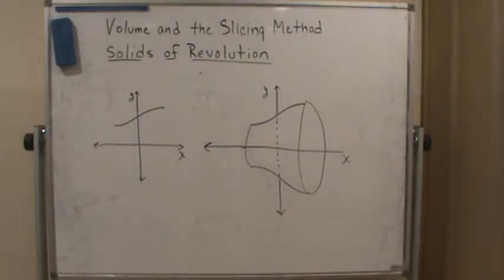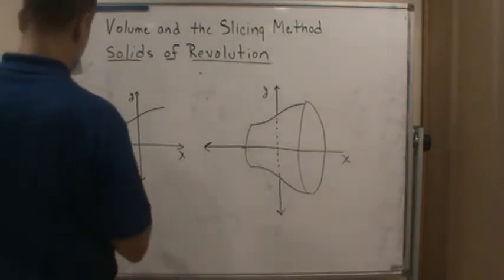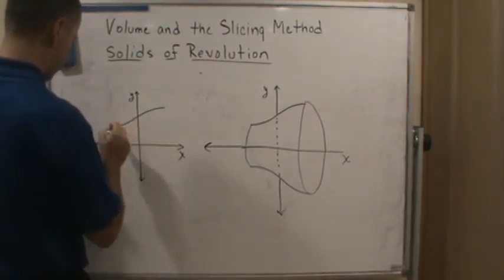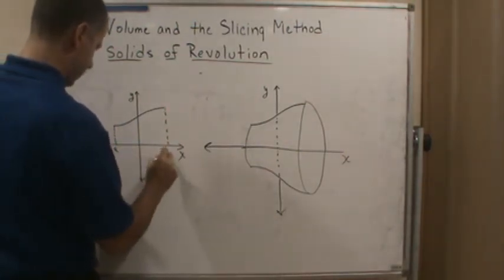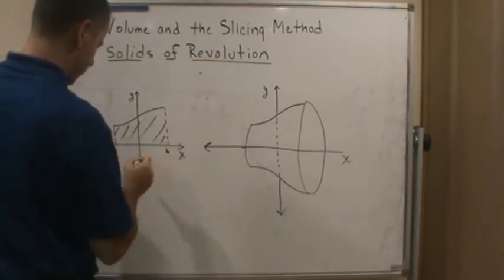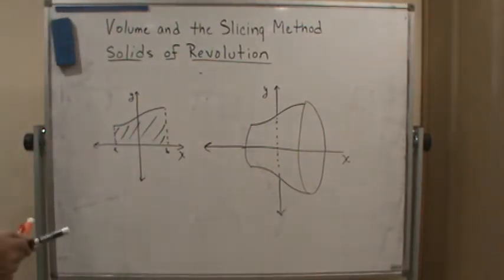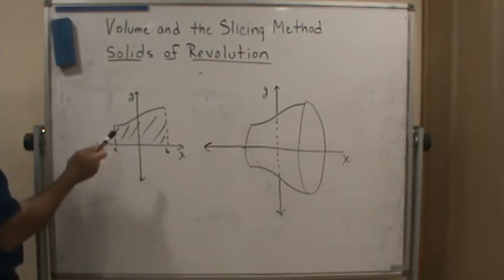Okay, so I've got a curve, and it goes over a certain interval. I didn't mark the interval down, but it's over a certain interval. And so if we take a region, so this is the region, and if we rotate this region around the x-axis, we get something that looks like this,